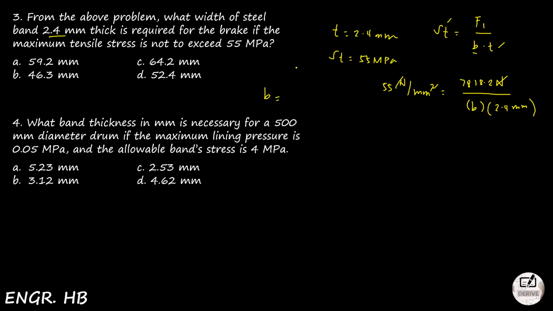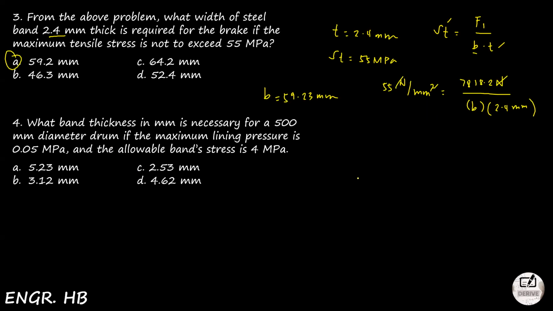55 times 7818.2 divided by 2.4 by 55, so that will become 59.23 mm. So that, ito yan. Letter A ulit. So what band thickness in mm is necessary for a 500 millimeter diameter drum if the maximum